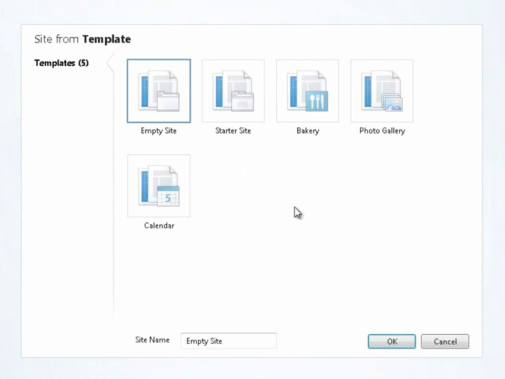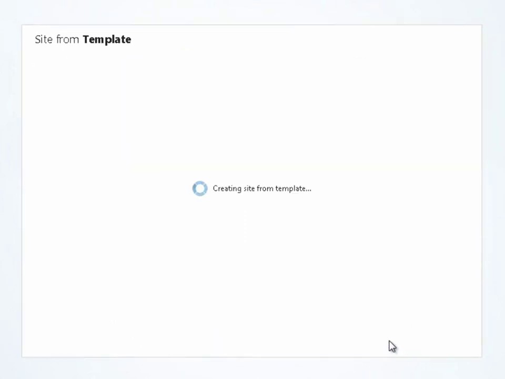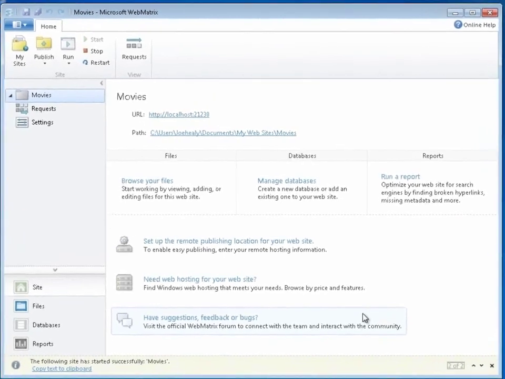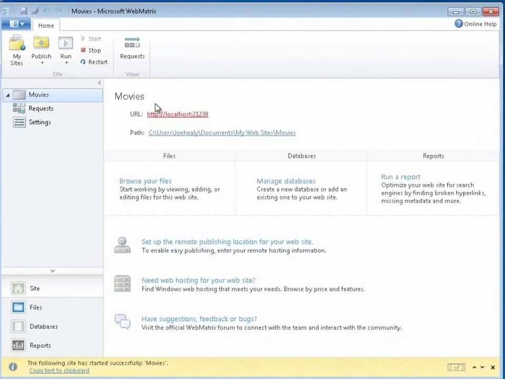Various templates are displayed in the Site from Template dialog box. Let's select the empty site template and name it Movies. Then click OK. As a result, a new empty website gets created, which will be loaded into the WebMatrix editor. In the middle part of the window, information about the site such as the site name, URL, and path is